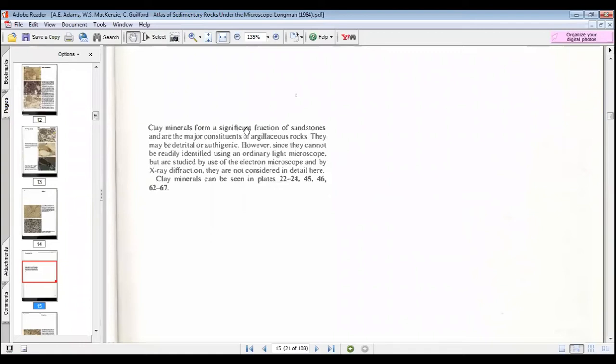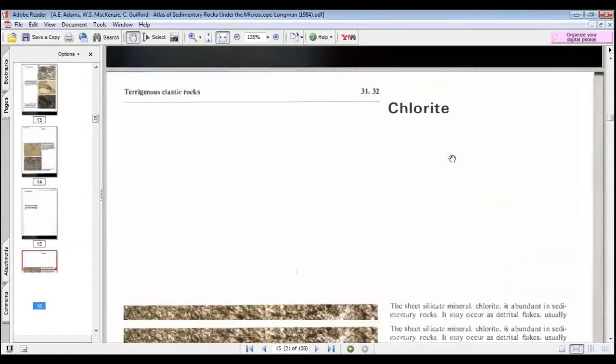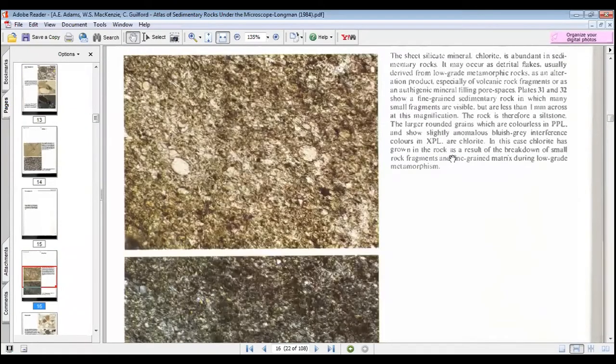They are sometimes detrital, or they can also be non-detrital, meaning clays can be derived from the same source area from where the sand is coming, or clays can grow inside the basin as well. So there can be two reasons: one is that they came as detrital, and the other, authigenic, is that they grow in the same sedimentary basin due to different processes, and then we call it an authigenic mineral.